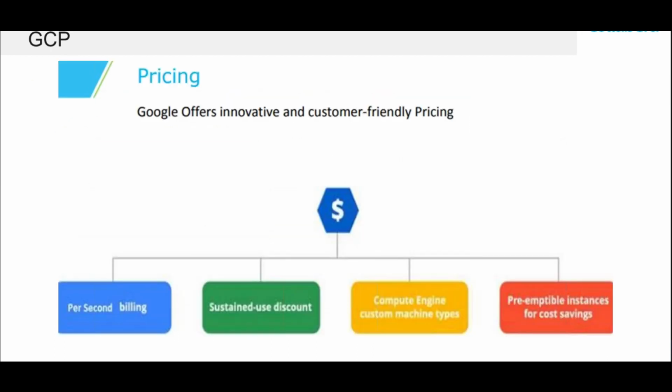API means application programming interface. These are some third-party softwares through which you can access the cloud resources, just like you have a mobile application. From the Play Store you can download it and then you can access the resources. There are many APIs that are available. You can develop your APIs also, and from there you can access the cloud resources.